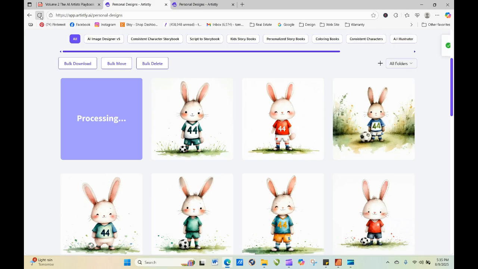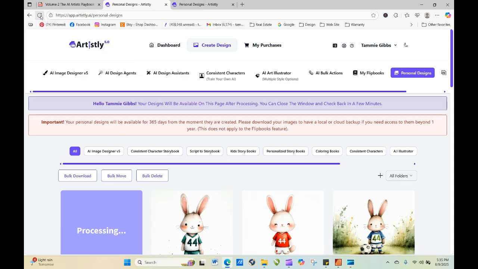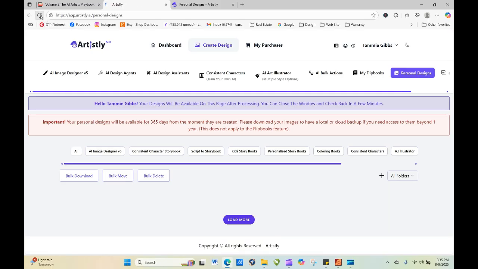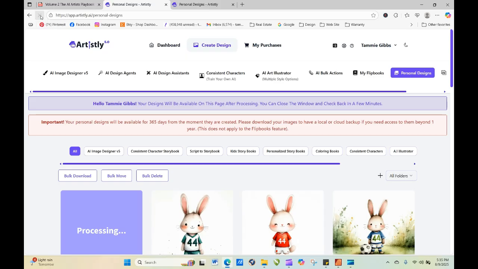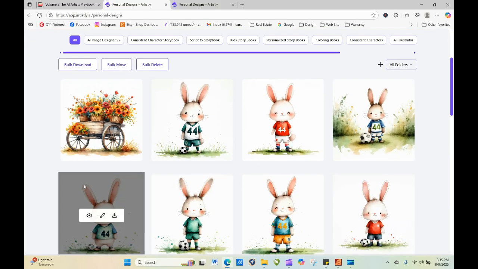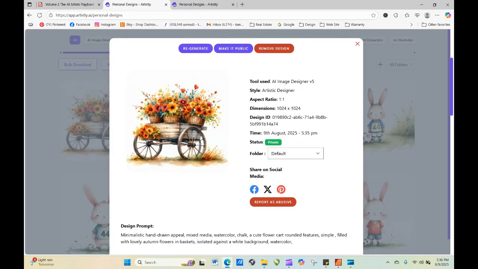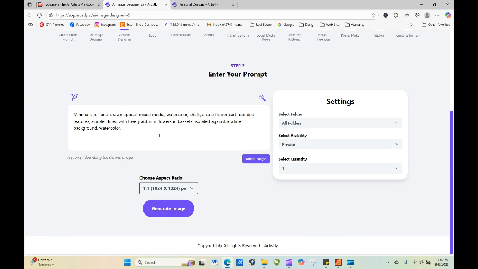So we're just going to see, because sometimes these can transfer the style over to inanimate objects, and sometimes it doesn't. We have to tweak it more, but we're wanting a similar style and treatment for this flower cart. Okay, and look at that. How cool is that? So let's regenerate this one, and let's add